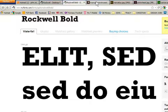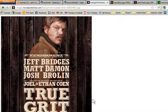I'll go on here and look at examples of it. This is a really recent example, a really good one. You can see it's the bold. Sorry about that. So this is a really good example of the typeface being used, a very recent example. This is the bold and condensed version of itself, where here is the very thick and bold version. You can see again the R just kicks straight down on the leg, huge serifs on the T and the